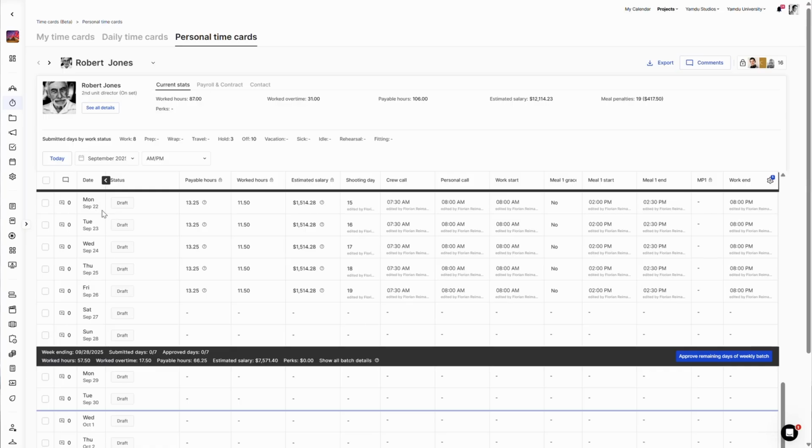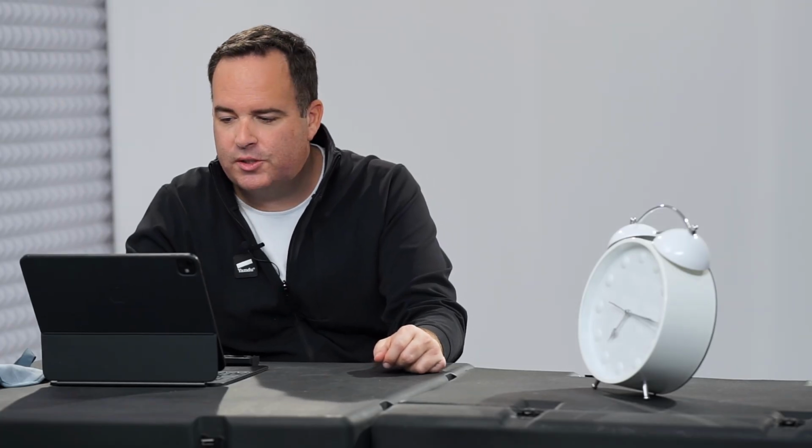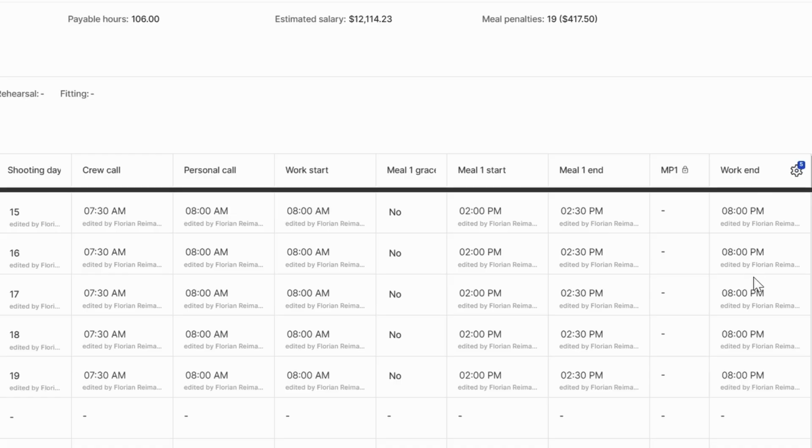Now, as you can see, there are already times filled out, but we are not interested in all those details right now. There are different tutorials on how all this works, and you can find the link below, for example, on the calculation of time cards, etc. Now, we're more interested here when it comes to the work end and the work start time between Monday and Tuesday. And here you can see I will switch the work end on Monday to midnight, and as we start the next day at 8 a.m.,